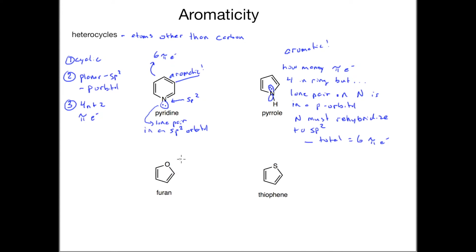We can move over to furan down at the bottom left, and we can see we have something kind of similar, right? Oxygen has 2 lone pairs, and one of those lone pairs is actually going to be put into a p orbital, right? So it's going to allow this oxygen to, in a sense, rehybridize, push a lone pair into a p orbital, and this will allow it to gain the stability of having an aromatic system and gives us 6 pi electrons.